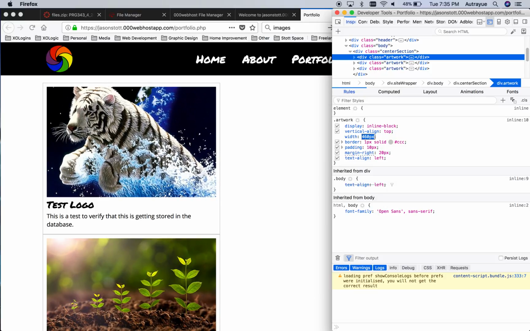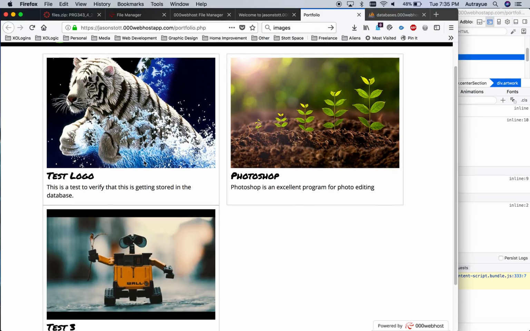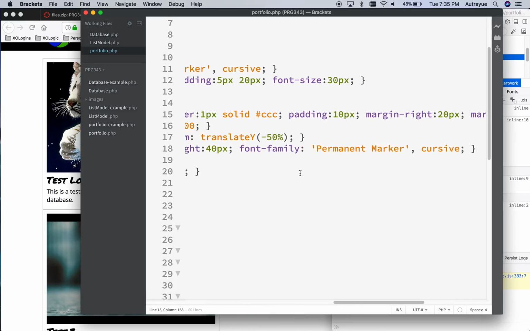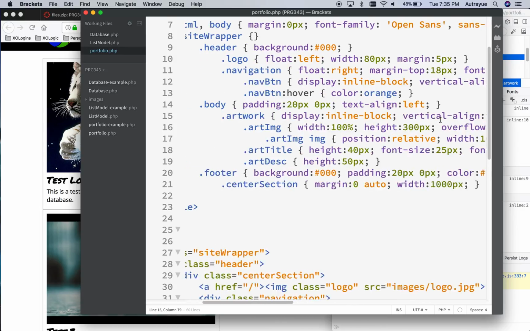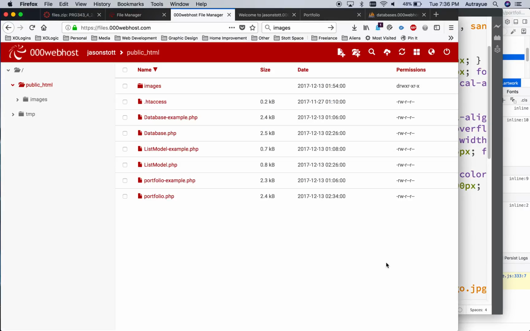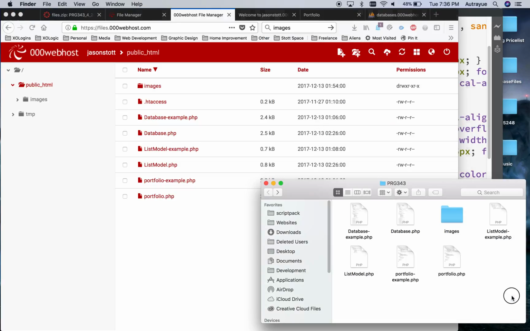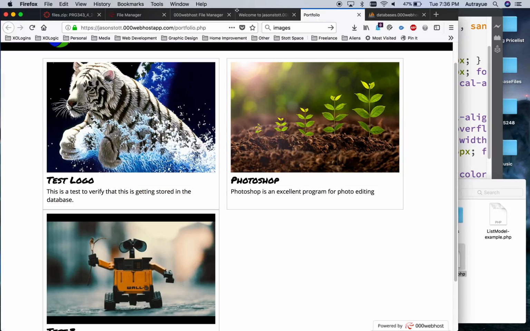keep increasing that. Alright, so I got to 458. So we'll change that to 458 for my width on artwork. I've got a host manager here. Close that out. Portfolio, and upload that. Now, if we refresh the page,